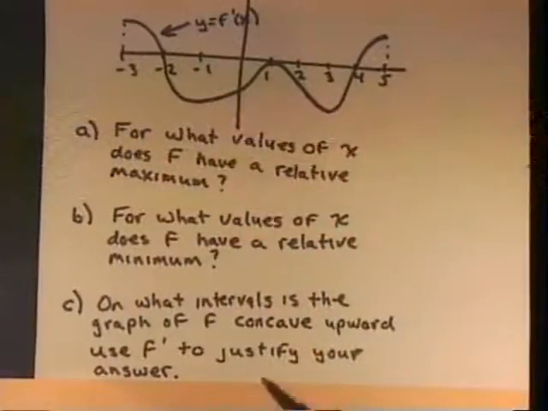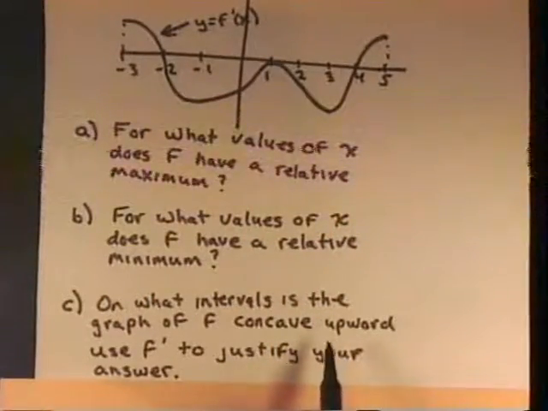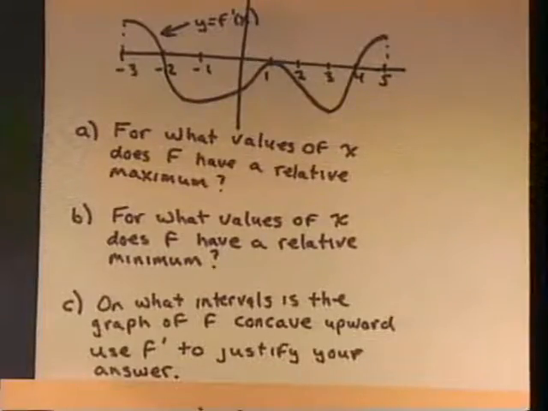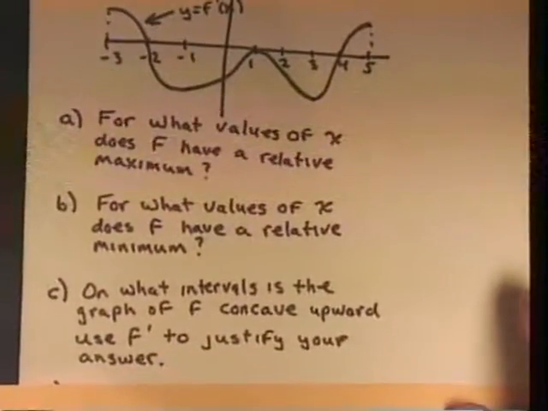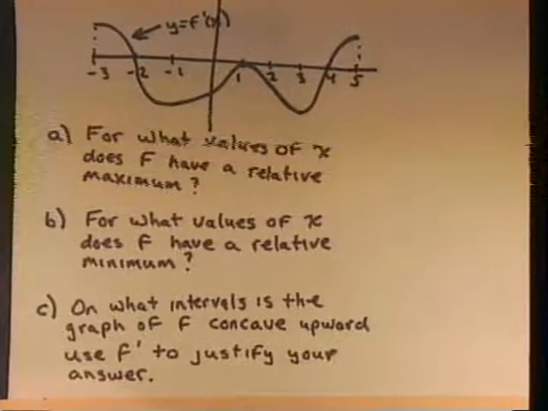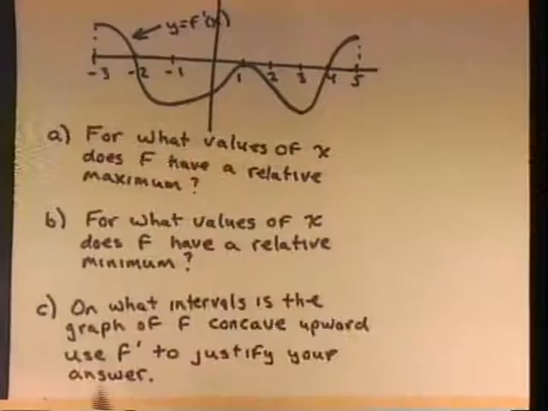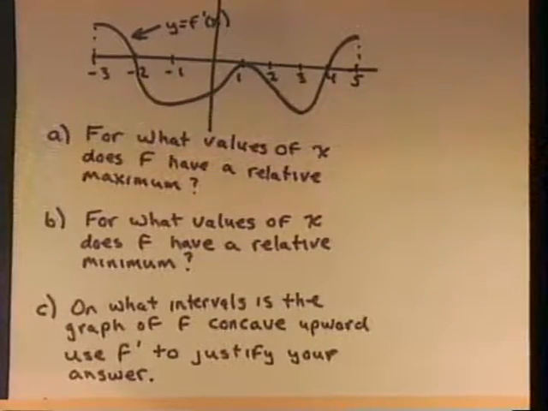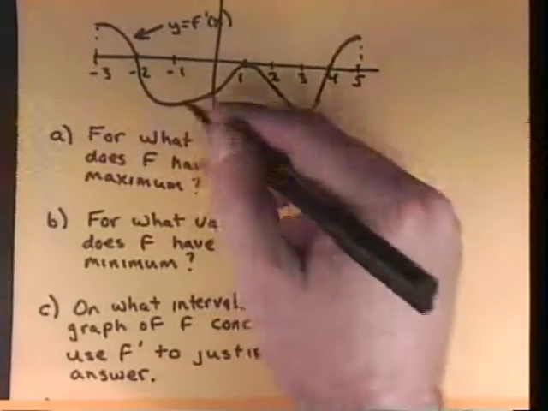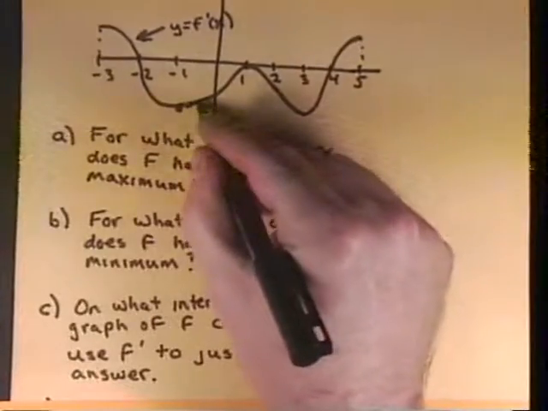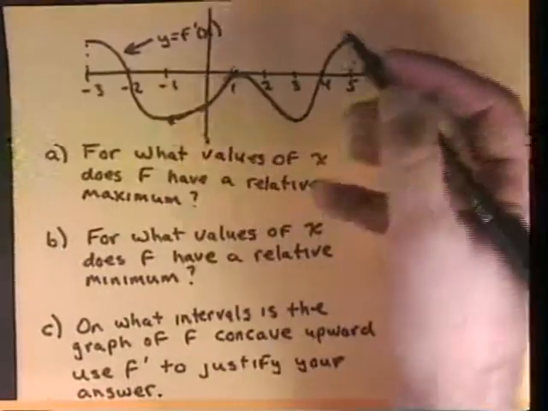So you're right. It's when f double prime is positive, but it says use f prime to justify our answer when f is concave up. You can do it by the slope, but don't say double slope. Say f double prime. You could say anything you want, but don't write that down. If this is f prime, the slopes of f prime are f double prime.